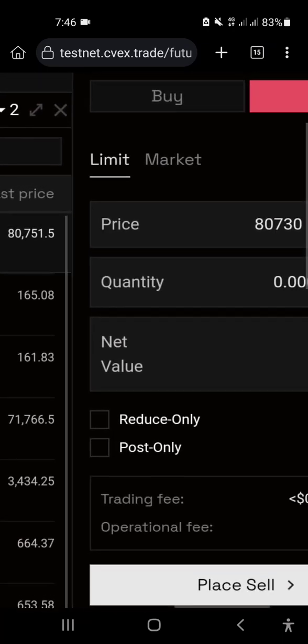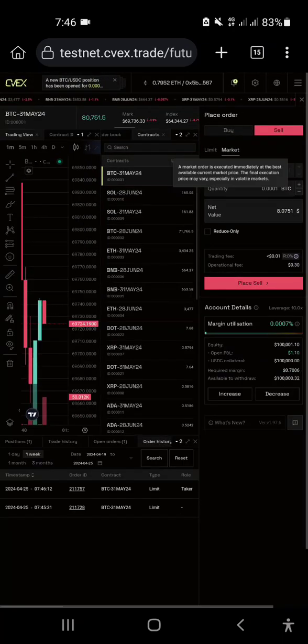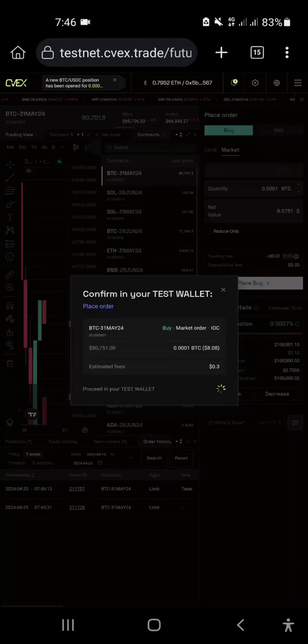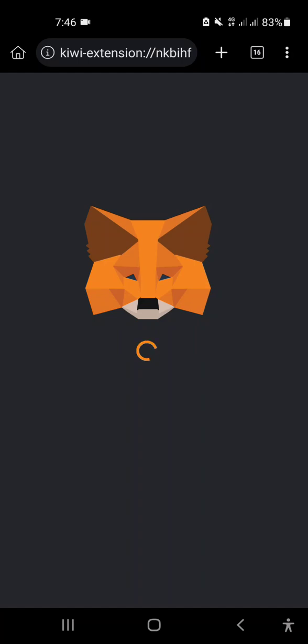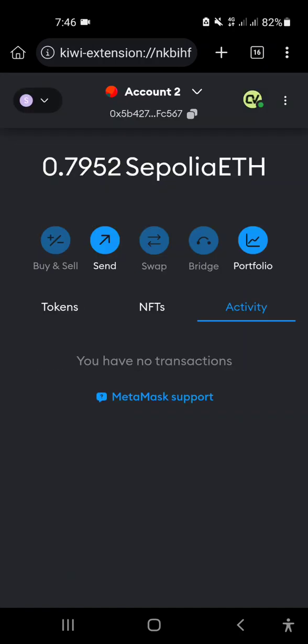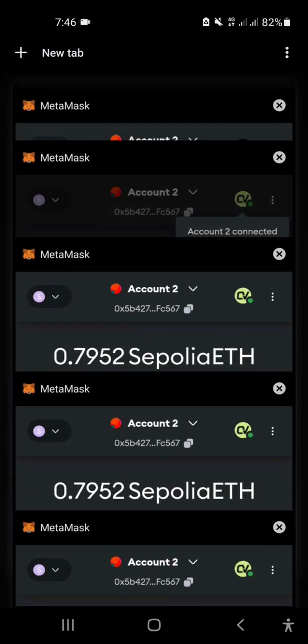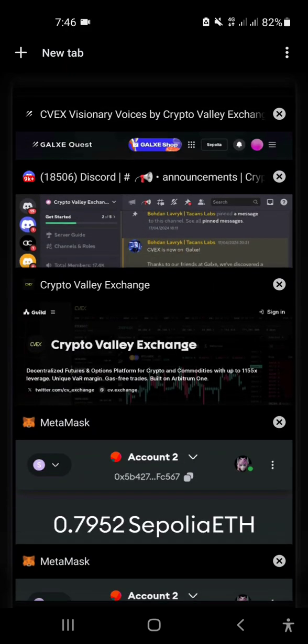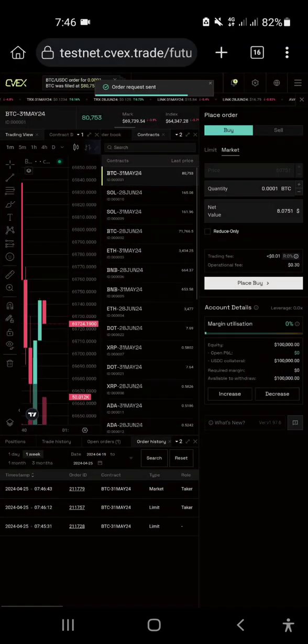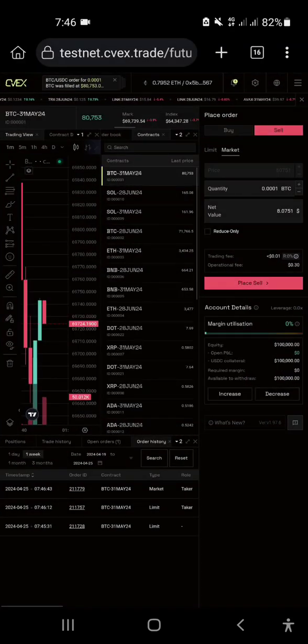Okay, now here is another one, the market, which is the current price. Now coming to buy and place buy through the market option, the market position. Now check again, go to MetaMask, approve the transaction, and it will be done the same way. I definitely recommend doing all of the contracts the same way. I'm showing you the first one, I don't want to show you everything here. So here, sell through the market option.